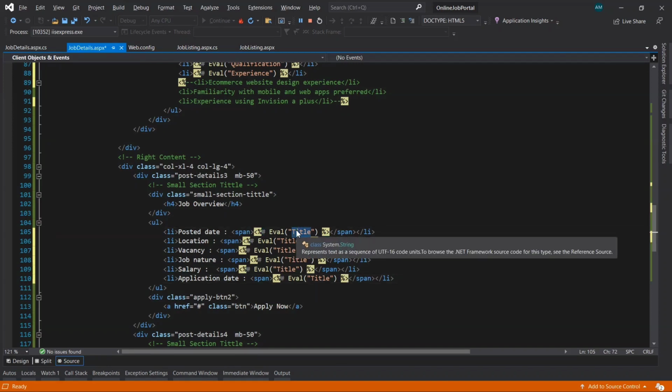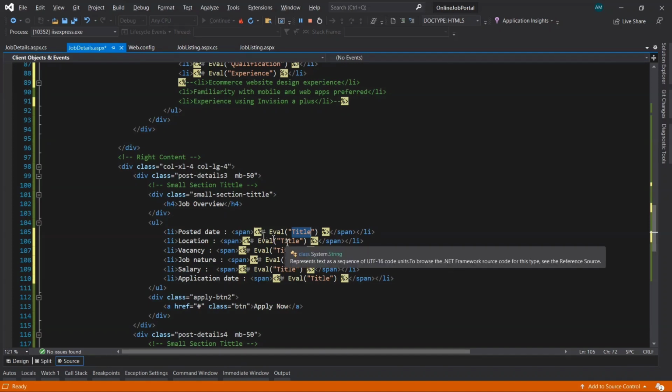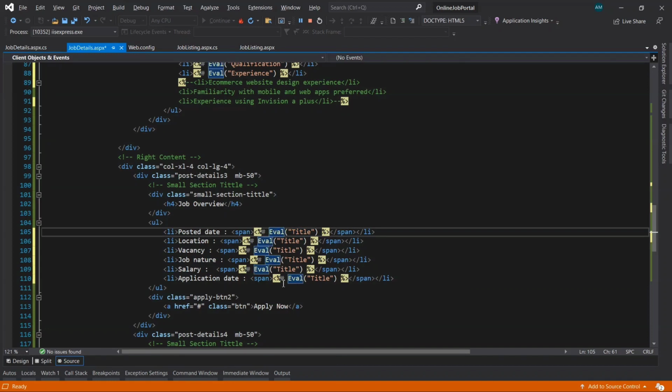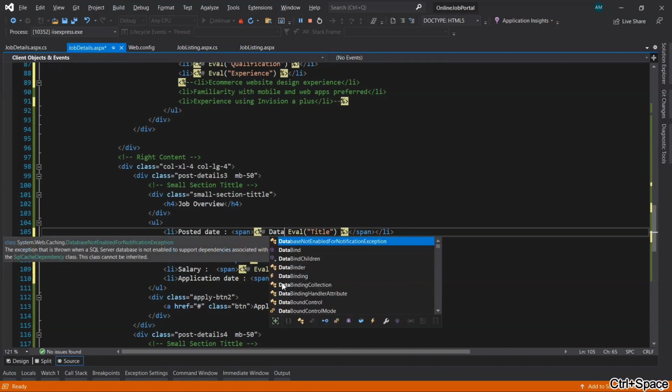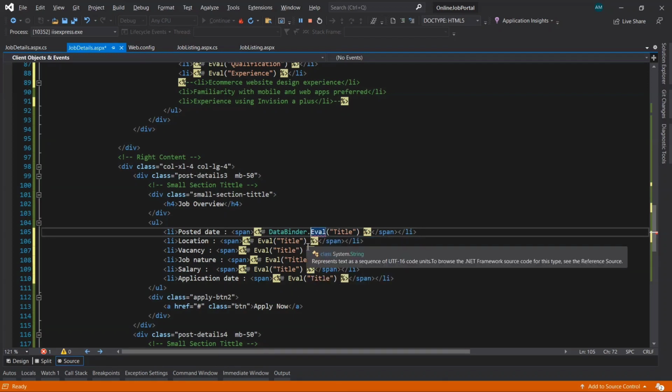Now we need to specify which column data will display here. For the posted date, we need to format the date while displaying it in the browser. For that, just before this Eval, we'll use DataBinder dot Eval.